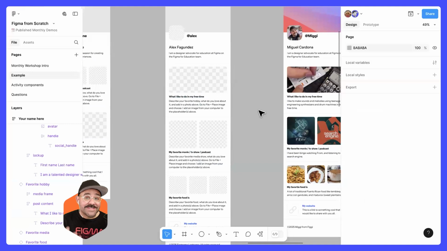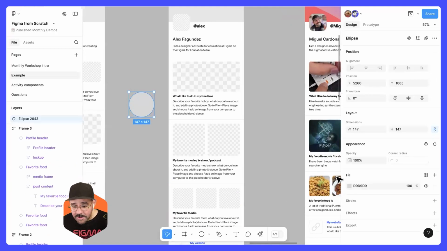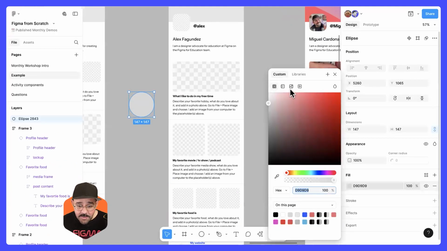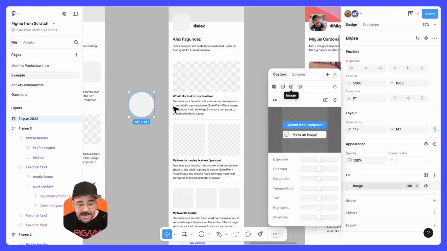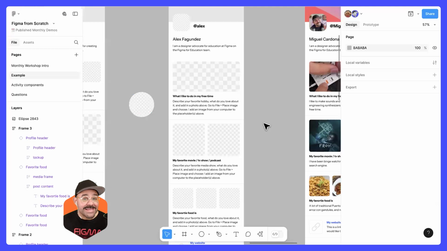The next thing I'm going to show you is how to easily place a ton of images. So I've showed you how to create a placeholder image. Basically, create any shape, go to the fill, right here is the image option. It creates a placeholder image. You can upload the image from your computer, but I'm going to show you how to add many images at